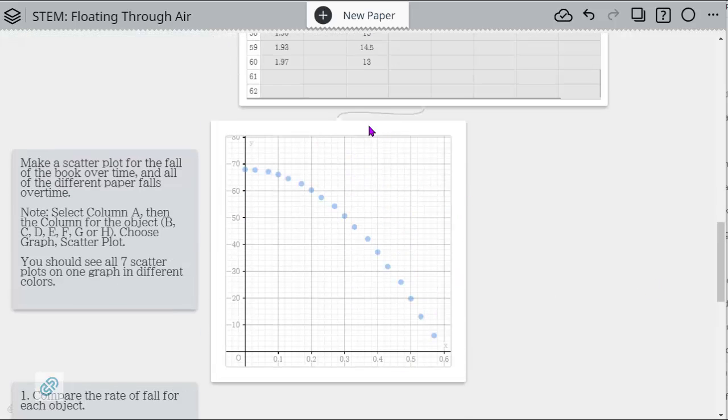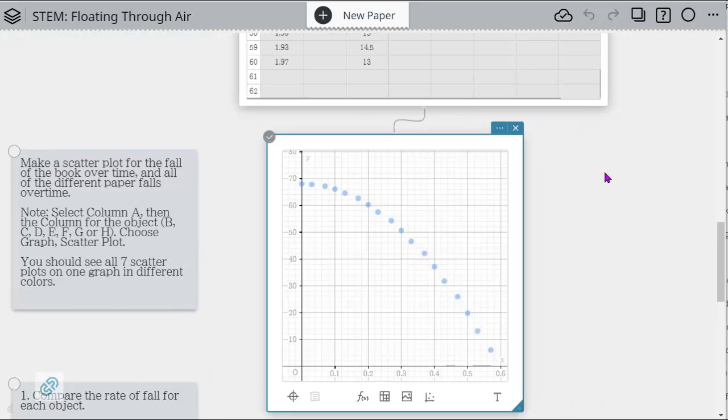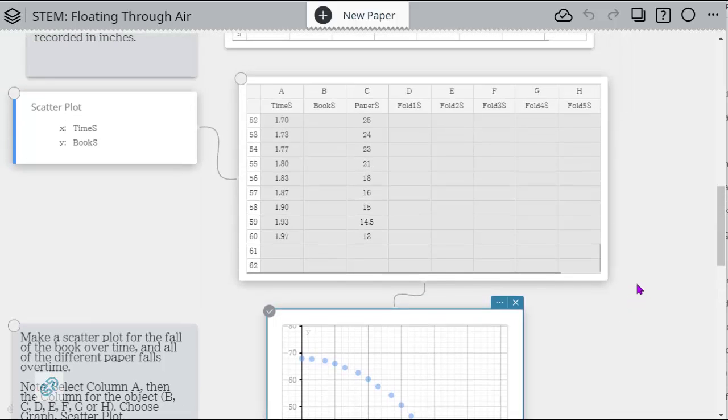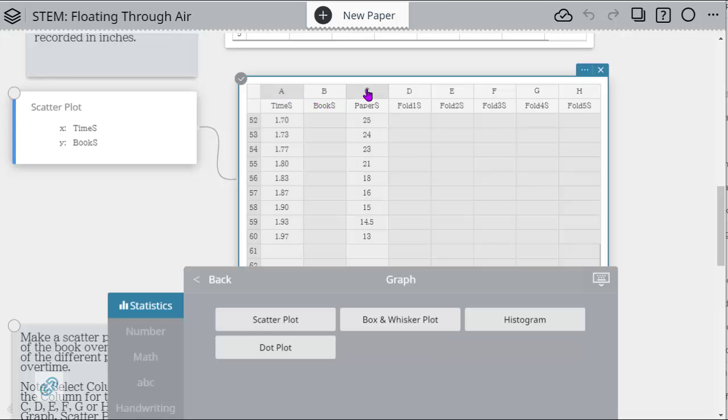And so it's a typical, what you'd expect a fall to look like, but maybe students don't in this. It starts off kind of slowly falling, but then as you go along, it goes faster, right? Because gravity and resistance, all that stuff's kicking in. So now let's plot the other ones. And what will happen is you'll get a different scatter plot for each